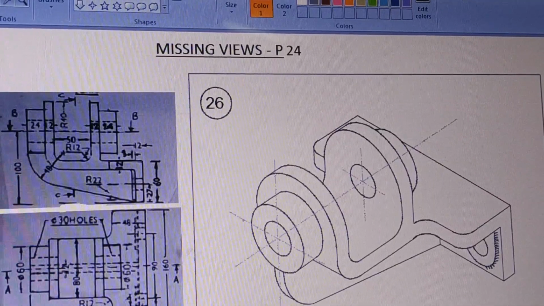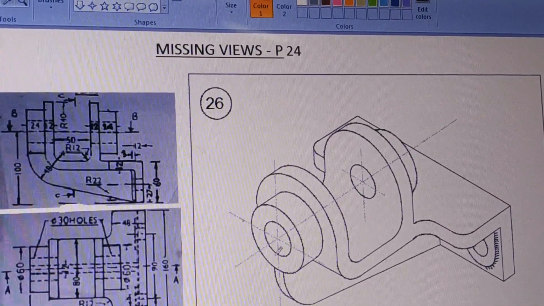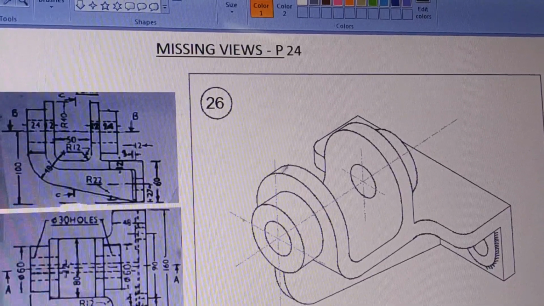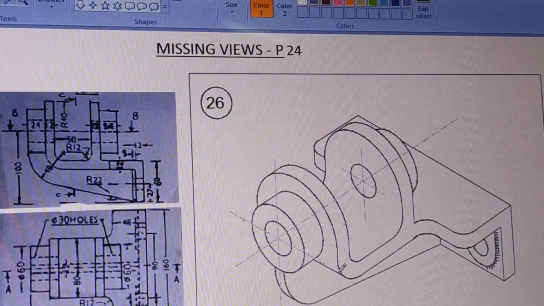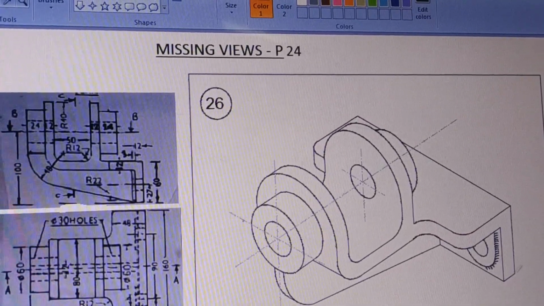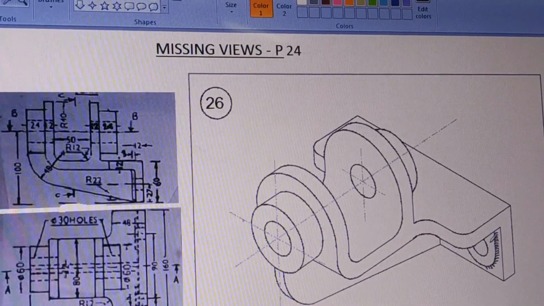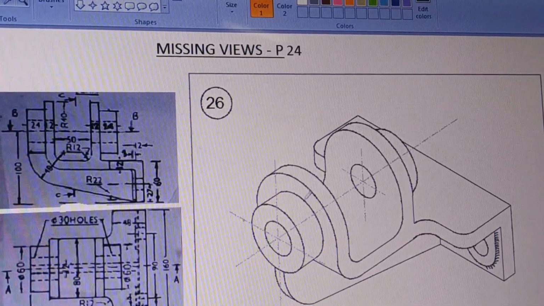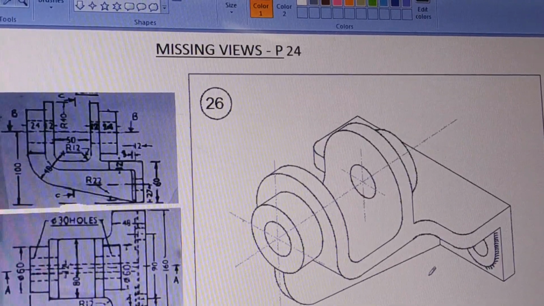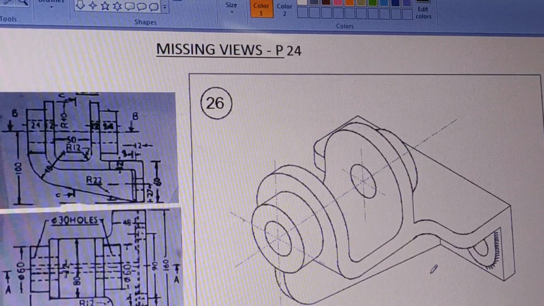And when you draw, you have to see this object from this direction. So when you see in this direction, you will see this circular shape, inside diameter, outside diameter. Then in the background there will be this semicircle, then this straight line like this. All these things will be horizontal, and then this surface and this vertical semicircle, and then hole, same thing on the other side, and then there is a vertical rib at the center like this. Okay, so this is the way you will have to draw this figure.